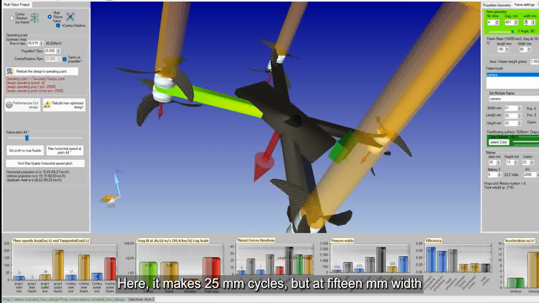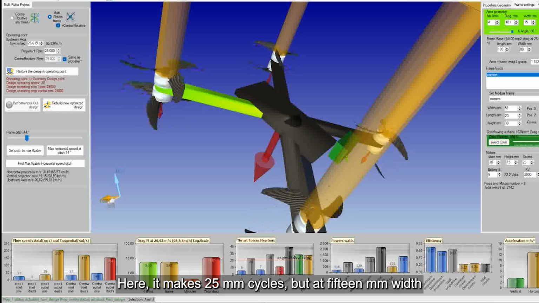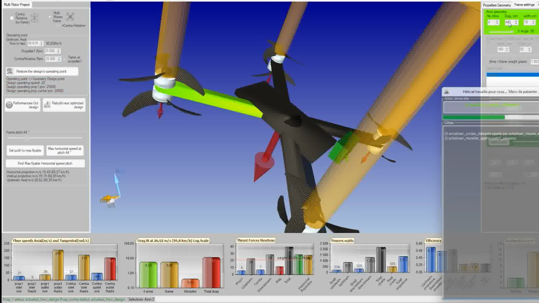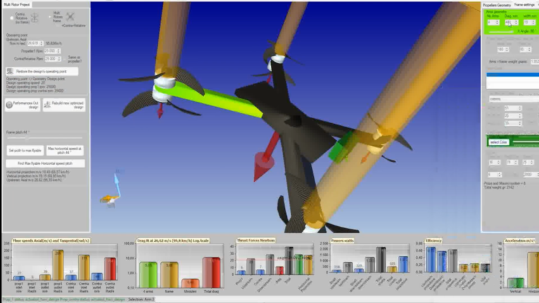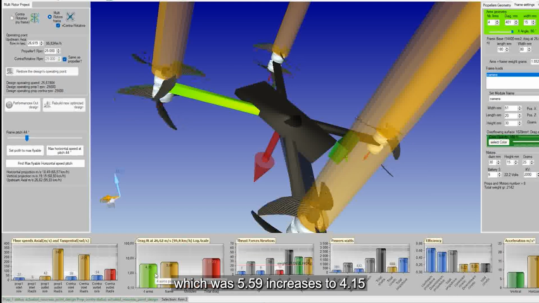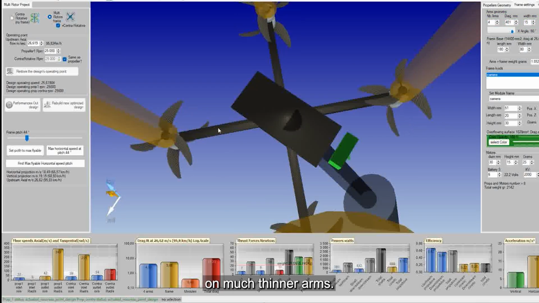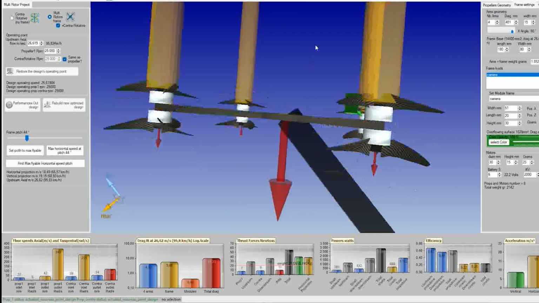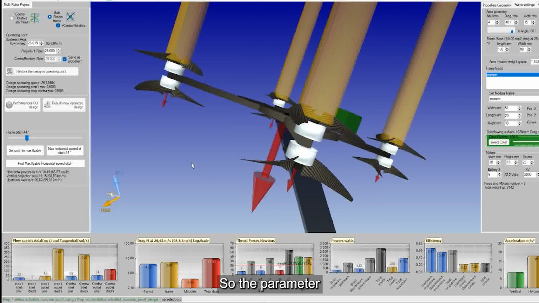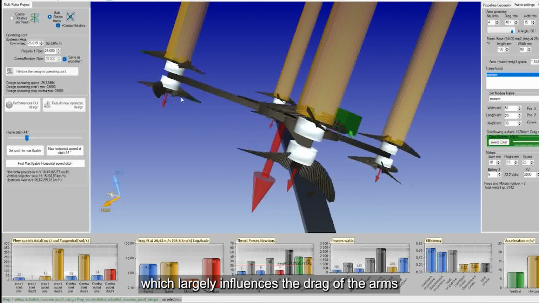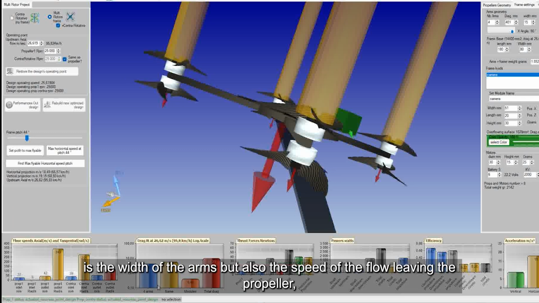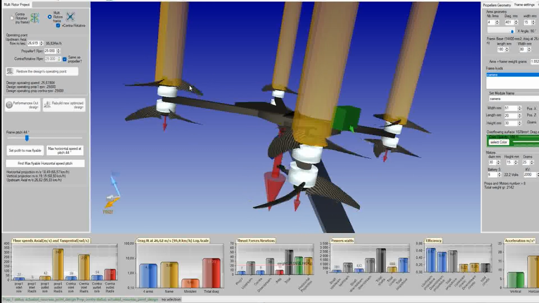Here, it is 25 mm, but at 15 mm width, we will see that the drag, which was 5.59, decreases to 4.15 on much thinner arms. So the parameter which largely influences the drag of the arms is the width of the arms, but also the speed of the flow leaving the propeller.